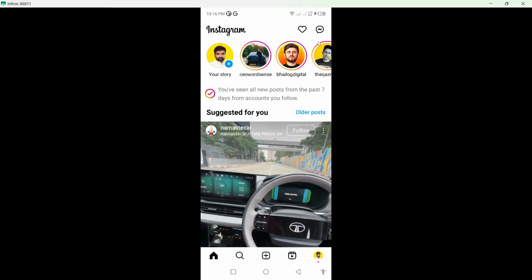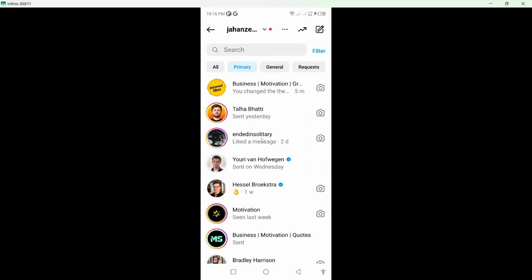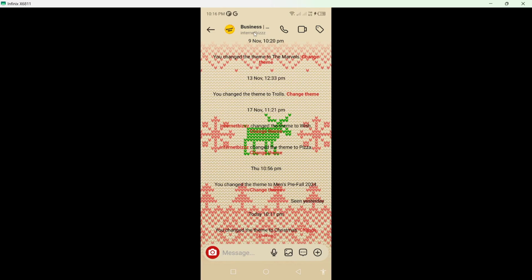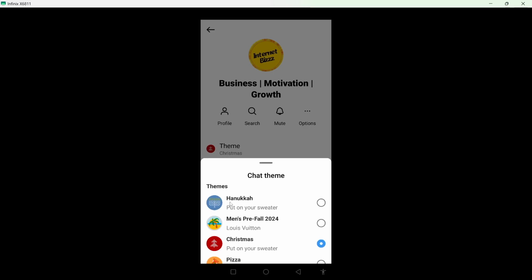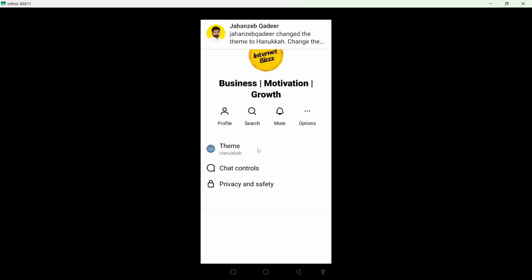Then you simply need to click on Messenger icon on the top right. From here, you need to select any conversation. Then you need to click on the person name. From here you need to select theme and here you can see Hanukkah. Click here, wait for few seconds,